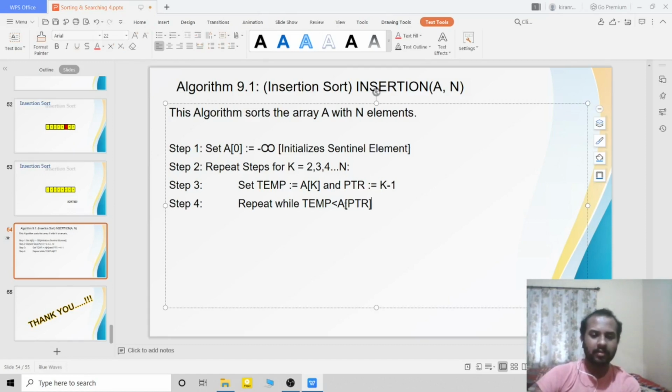So what I am going to do? A of PTR plus 1 is equal to A of PTR.